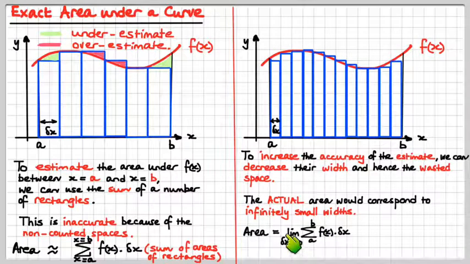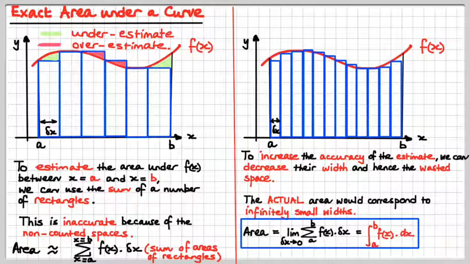So I can say that the area itself, not the estimate anymore, the actual area, is the limit of the sum of the areas of all these rectangles, their heights being f of x, the y value, their widths being delta x, the width value, the sum of all the rectangles in the space between A and B. It is the limit as delta x, or the width, approaches 0, right? That is the actual area. And that is,